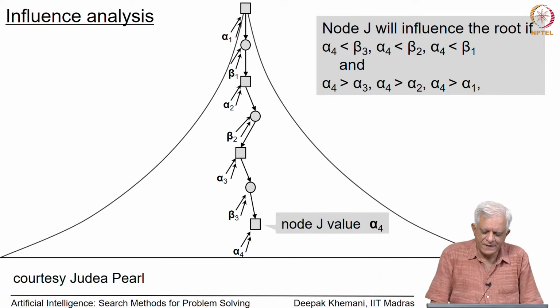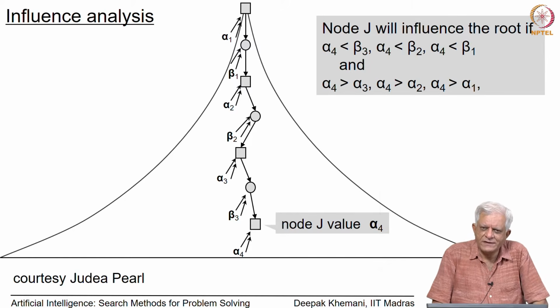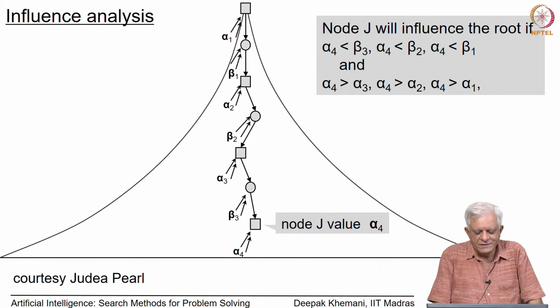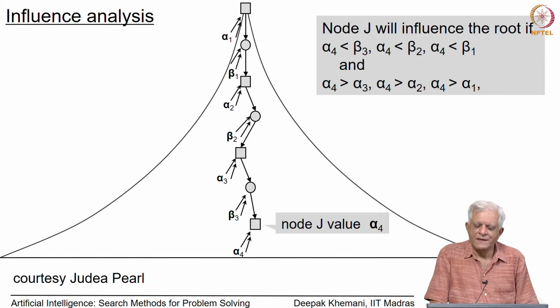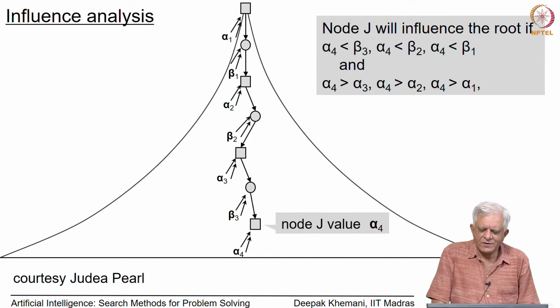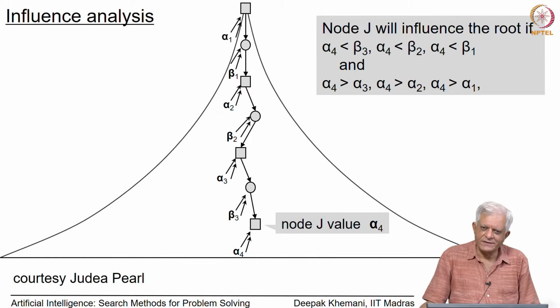Welcome back. The last time we were looking at this algorithm called alpha beta pruning for game playing. It is one of the most popular algorithms which is used for many board game applications. Let us do a little bit of a recap of that and also study some of the properties of that